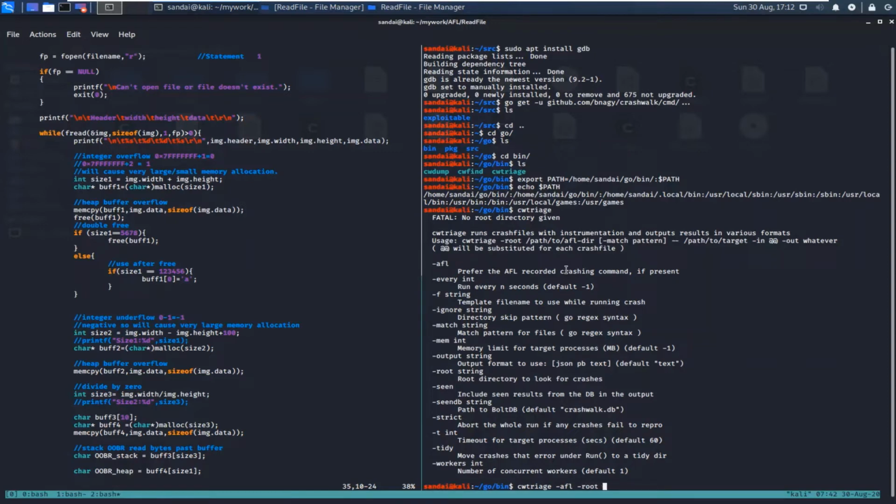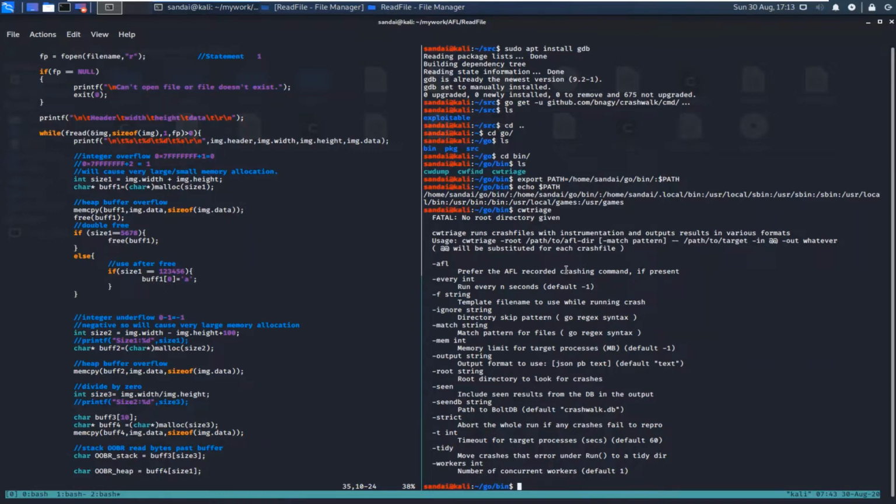What it will do is go to this particular directory and search for afl folders. If it finds an afl folder, it will go to the crashes folder and search for the readme.txt file, and as you know, the readme.txt file contains the afl command which we used to fuzz.